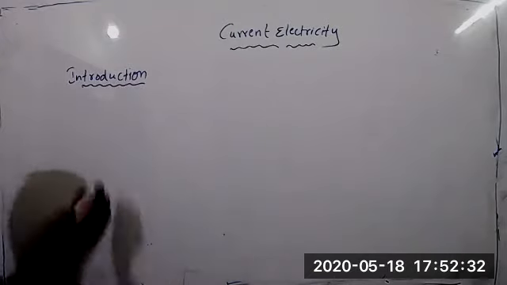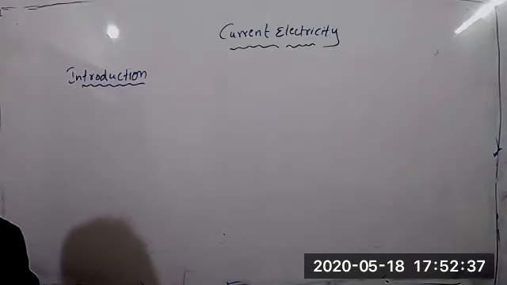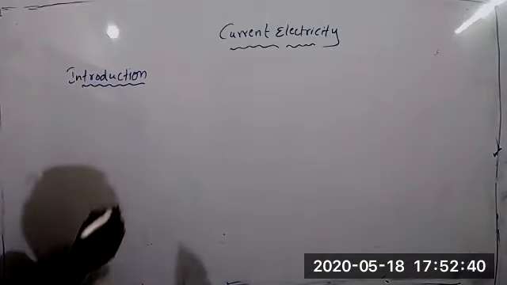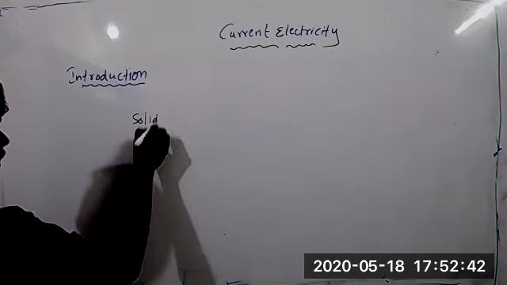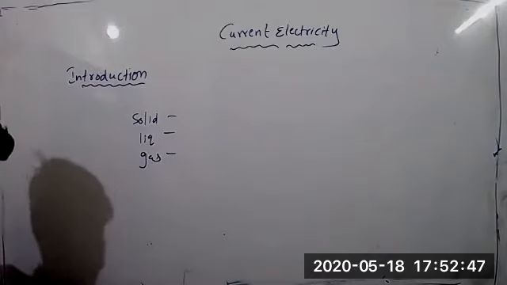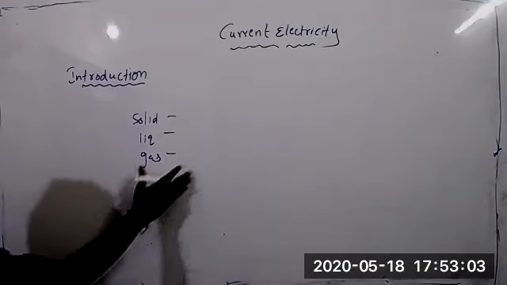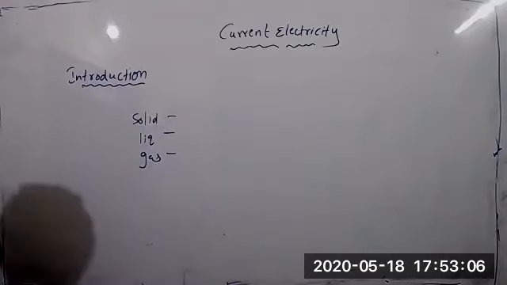Introduction. We know our nature is filled with matter and energy. Matter is nothing but solid, liquid, and gas. These are the three types of matter. At a normal temperature, we can see these three states of matter. And plasma is the fourth state of matter. It is not in the ordinary temperature, it is at a very high temperature that we can see that matter. Whatever it may be, this is the matter we can get in our daily life.